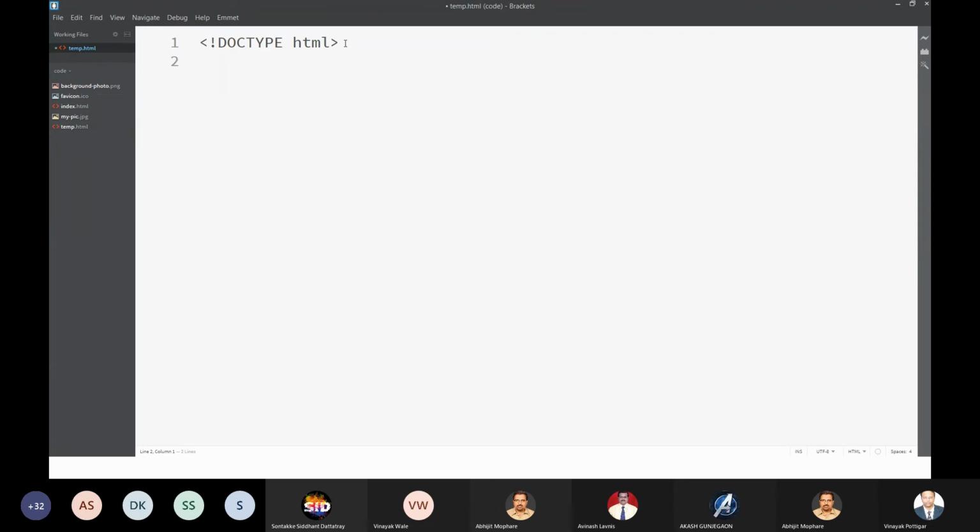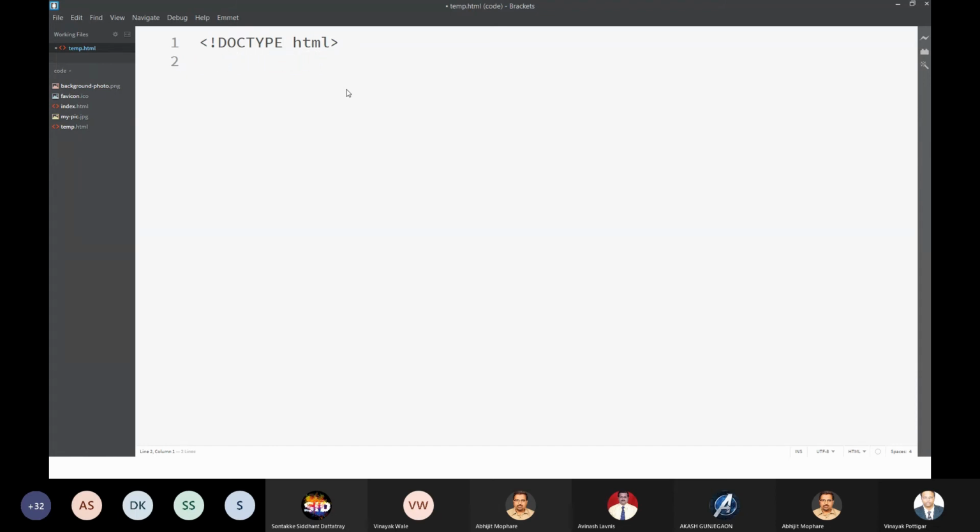What I have done is just typed the opening angular bracket. Then I have typed HT. The moment I typed HT, HTML is shown to me by the Brackets editor. I don't want to type M and L, so I will simply press enter. When I press enter, it selects whatever is highlighted in blue. So if I press enter now, it has completed the tag name. Then the moment I close this tag by pressing the closing angular bracket, Brackets has completed the entire element, and now it is waiting for the content. Have you got what I have said? I will just repeat it again.